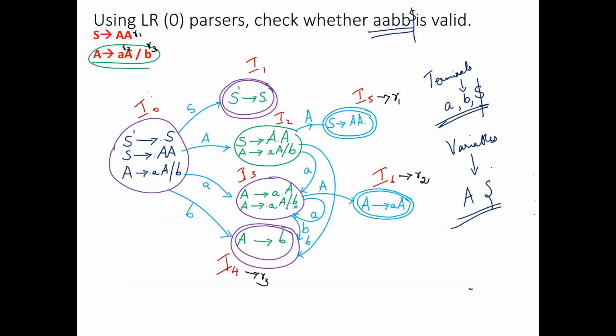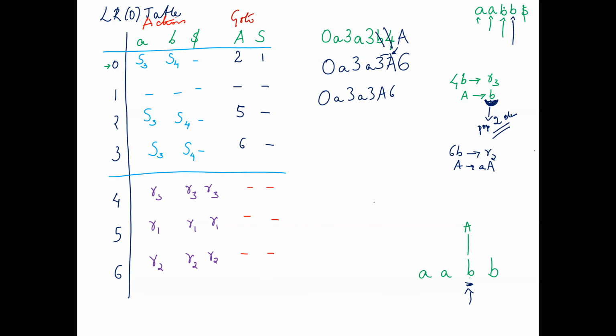If you look into here, R2 is small a, capital A. My look ahead pointer is at B. I will not be replacing that. Just look before and see if you have an AA. Luckily I do have an AA which can be replaced to A. If you did not have this AA, your string would have been invalid.